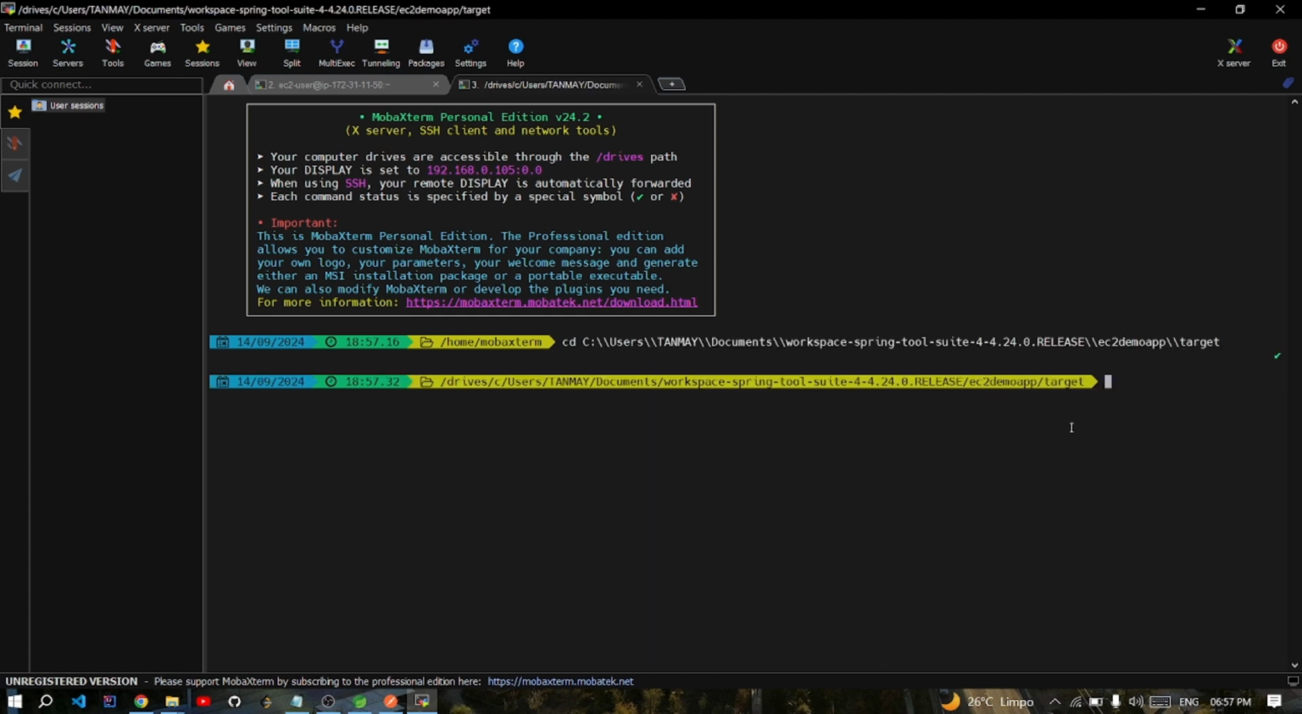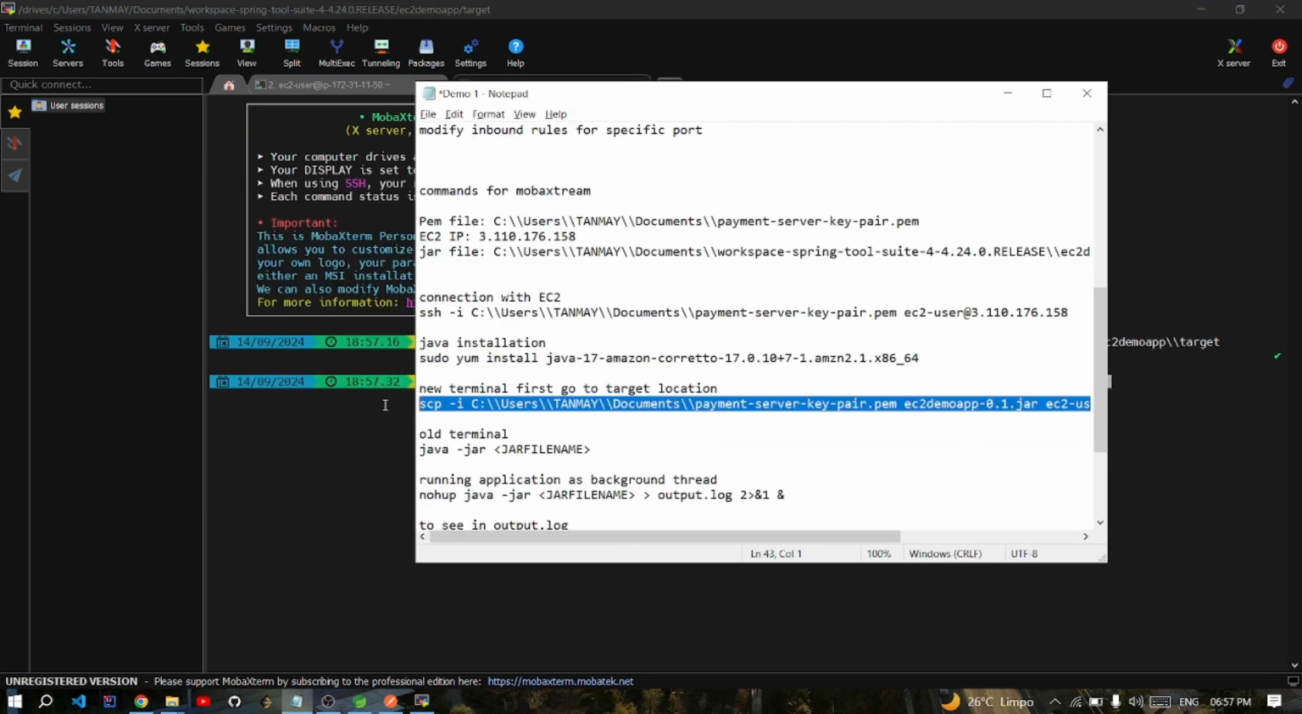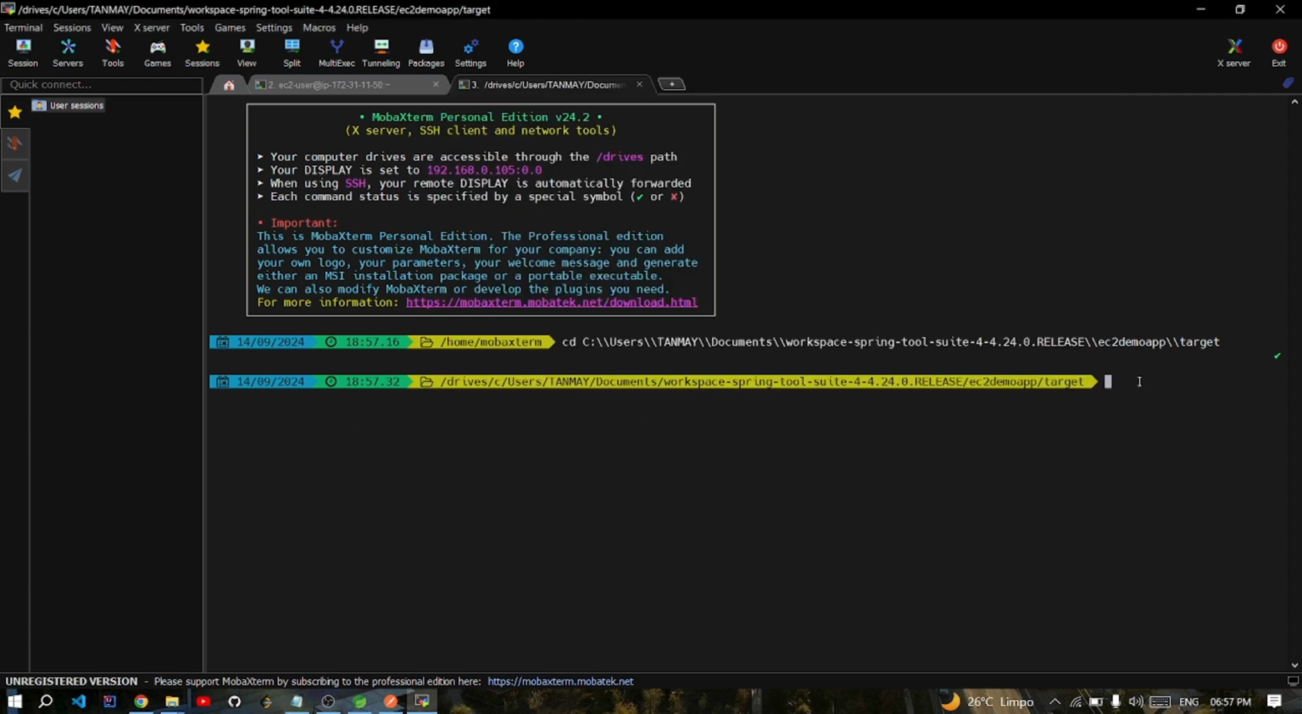So now we are on the target folder. We have to fire that command, that is scp. With this command, our local jar file that we created using clean package is getting pushed to